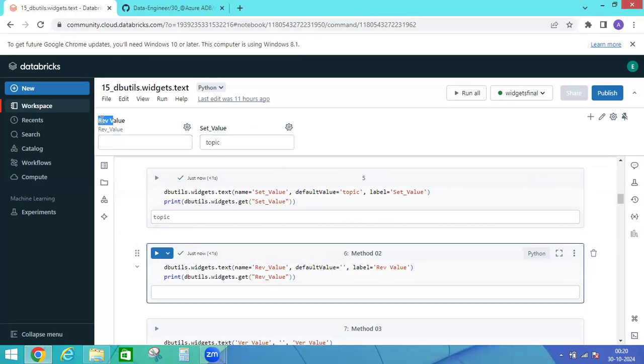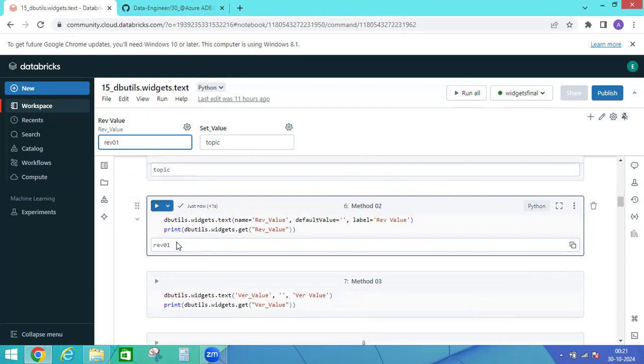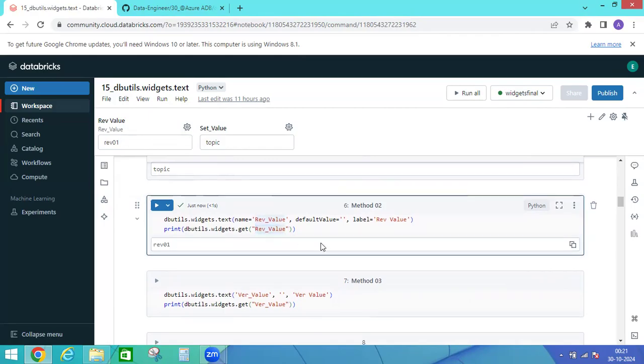This one, rev value, is the label name, and this is the widget name. Here we don't have anything, since I gave an empty default. So you can enter whatever you want, maybe revision 1. See, as soon as I enter revision 1, it automatically updates and prints this value here. Okay, so next,